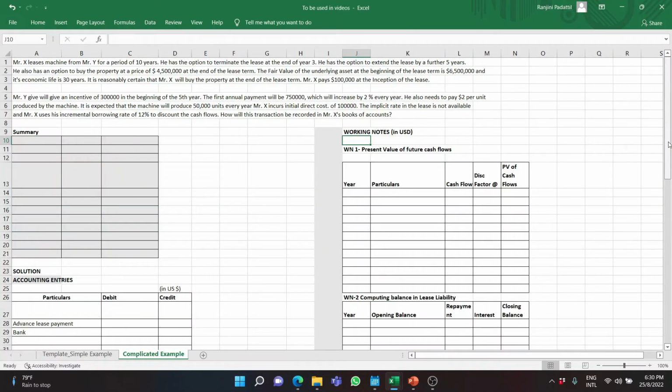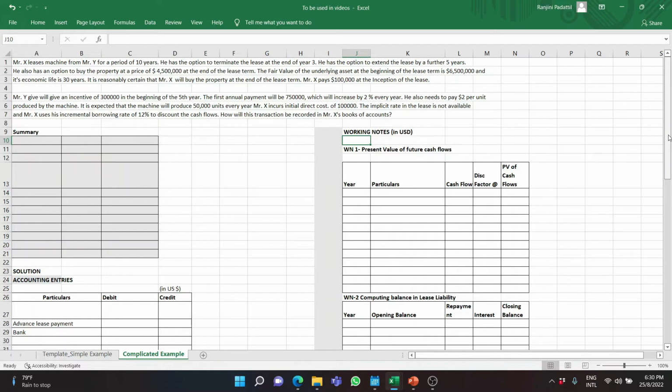All right. So we do a quick reading of the problem first before we go into the solution. Mr. X leases a machine from Mr. Y for a period of 10 years. He has the option to terminate the lease at the end of year 3. He has the option to extend the lease by a further 5 years. He also has an option to buy the property at a price of 4.5 million at the end of the